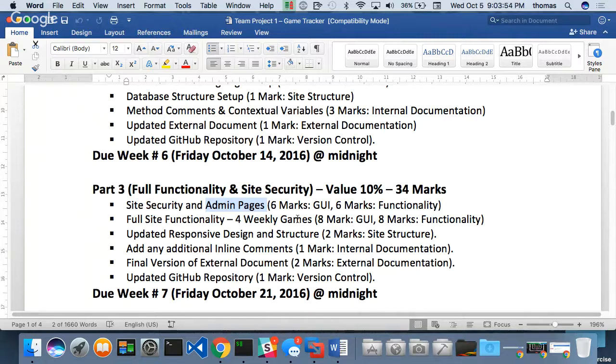Just list them at the bottom of your site, all the things you do. Remember, everything you do isn't for me. You're doing it for you. This is an opportunity for you to practice and create a portfolio piece for yourself, right?